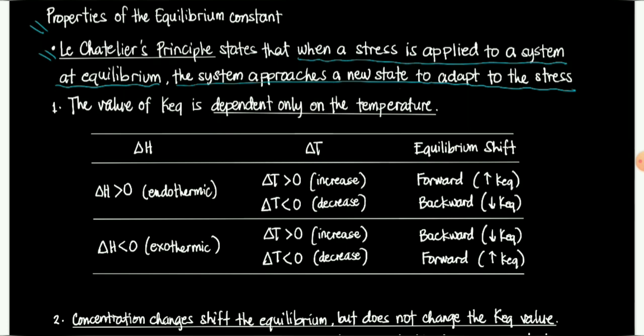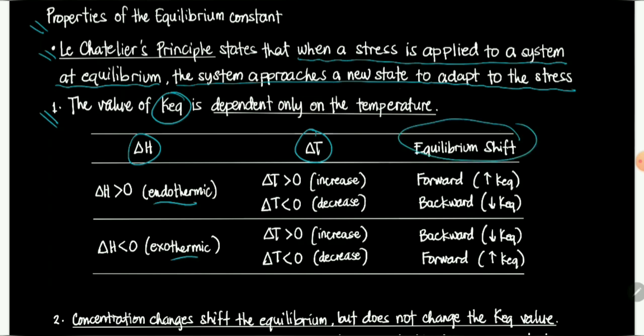Okay? So ano yung mga example ng stresses na pwede nating i-apply sa system na nasa equilibrium? So first, we can apply changes in the temperature. Okay? So kapag nag-apply tayo ng increase or decrease in the temperature, the KEQ value changes. Okay? Yung value ng mismong KEQ nagbabago siya. So paano siya nagbabago? So we have here the delta H, okay, pwede siyang endothermic or exothermic. Yung change ng temperature natin doon sa system, pwede lang i-increase or i-decrease yung temperature and yung effect niya sa